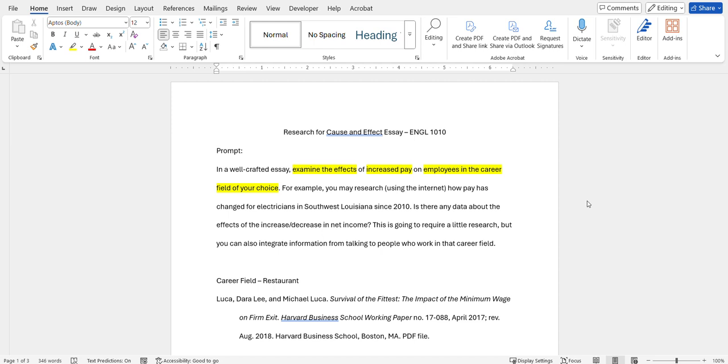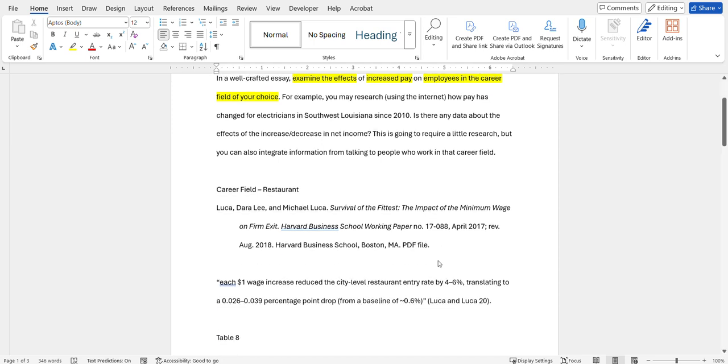And I sort of highlight the prompt as you see here so I know exactly what I need to be writing or responding to. So this again is a cause and effect essay. And what I'm looking at is the effects of increased pay on employees in a career field of my choice. Now, because of ease, and you also probably saw through my research process, even though it was done very quickly, I have chosen the restaurant industry,